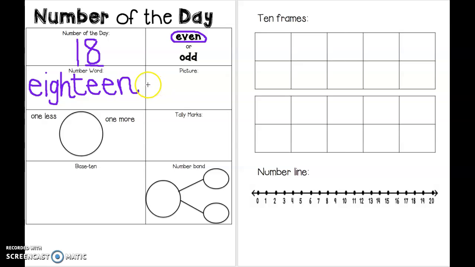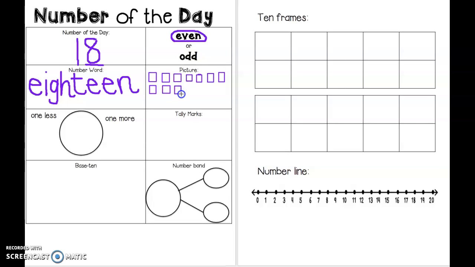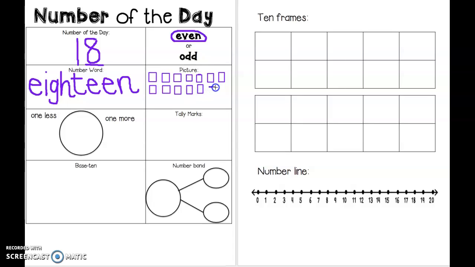All right, so let's count together and draw 18 items. 1, 2, sorry, my mouse is messing up. 3, 4, 5, 6, 7, 8, 9, 10, 11, 12, 13,